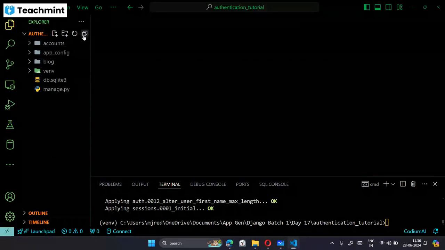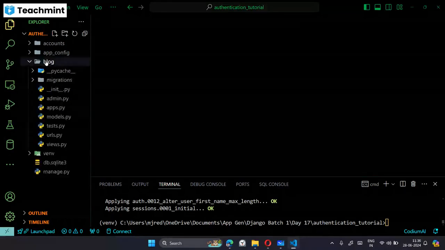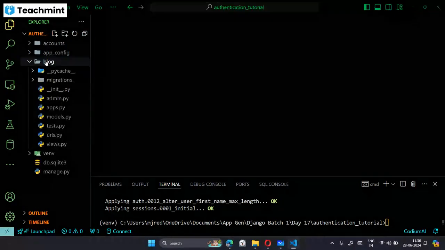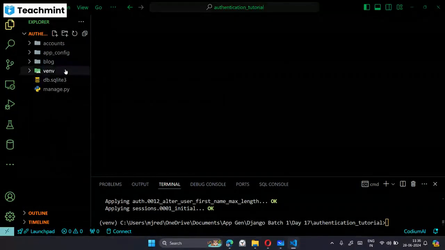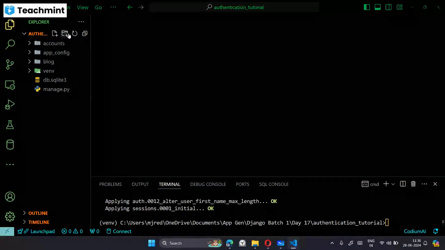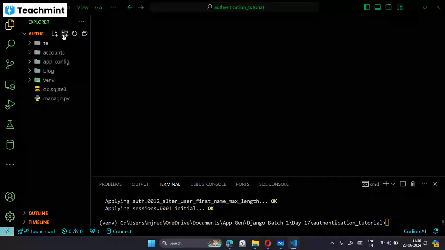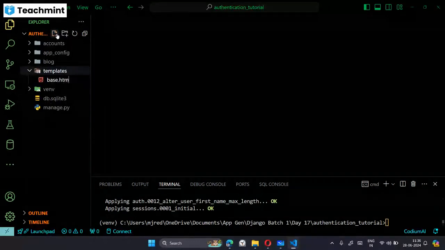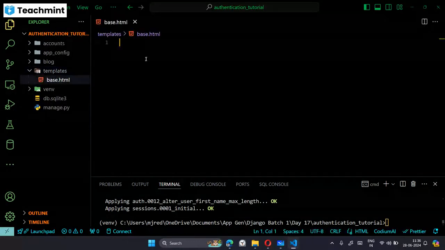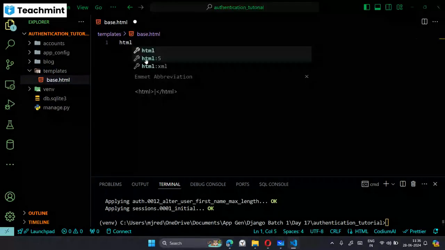You should also create templates folders in your apps. But now, to create a common base file for your entire project, you have to create a templates folder in your project base directory. Okay, so in this templates folder you can create base.html, which will include